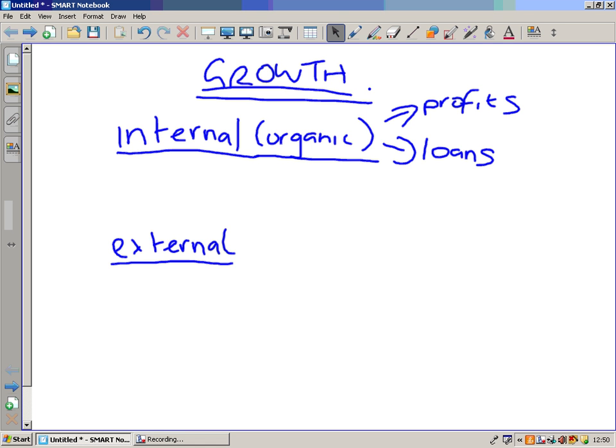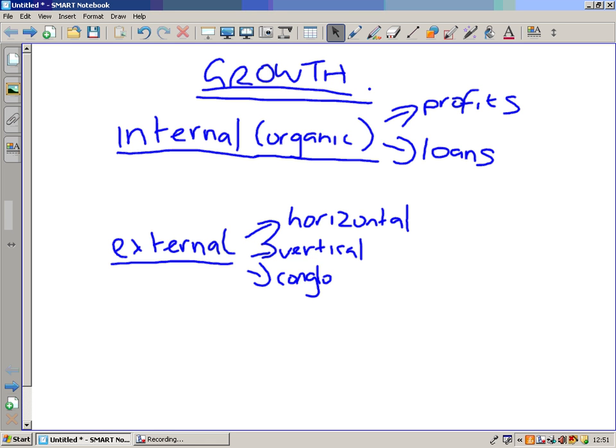Let's just very quickly explain what external growth is. This normally involves merging or taking over other firms in your particular market or different markets even. What we've got are some different types of external growth. We've got horizontal integration, we've got vertical integration, and we've got